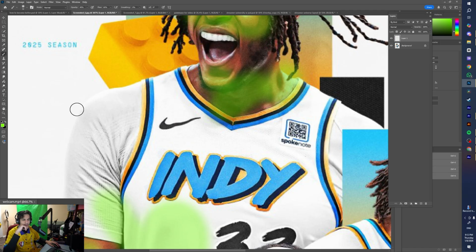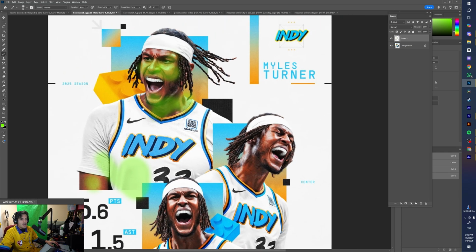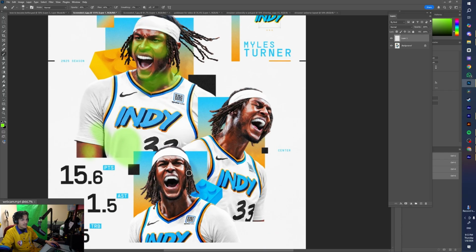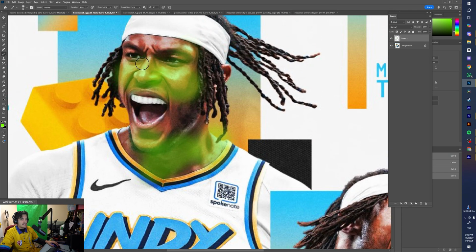I might have a tutorial on my channel about how to remove that easily. If I don't and you want to know how, just leave me a comment and I'll reply. It's pretty easy. But anyways, looking at the subjects, the skin tones are all matching. Skin tones you can match with selective color. He desaturated the whites in the teeth and the eyes, and also brightened them up a little bit.